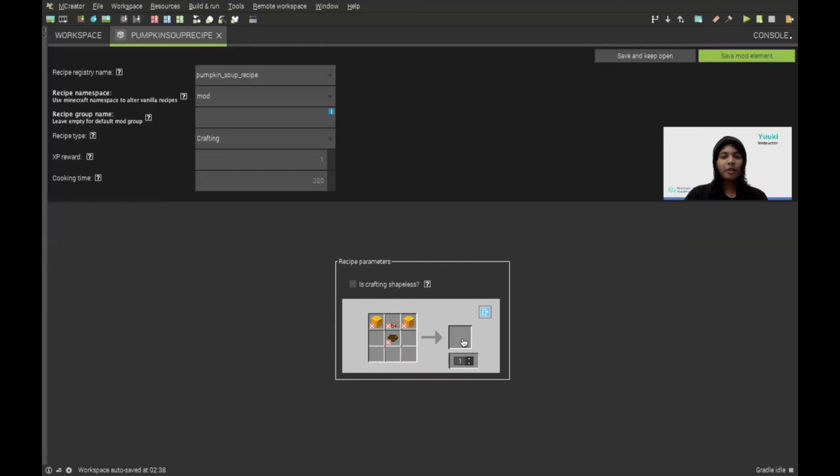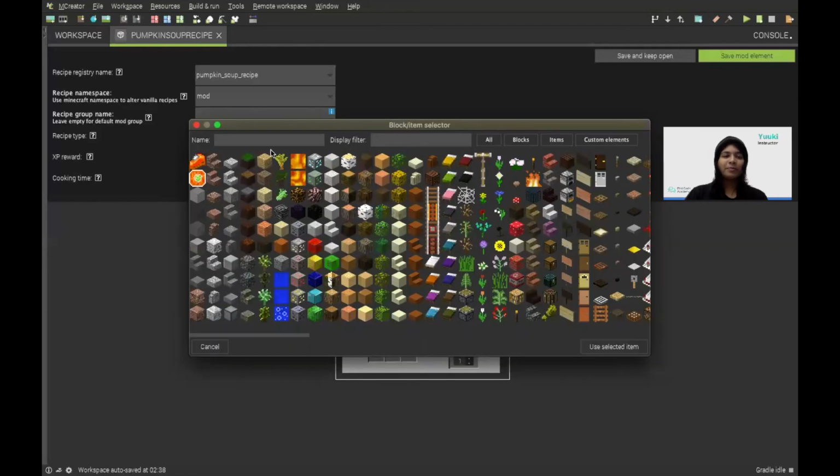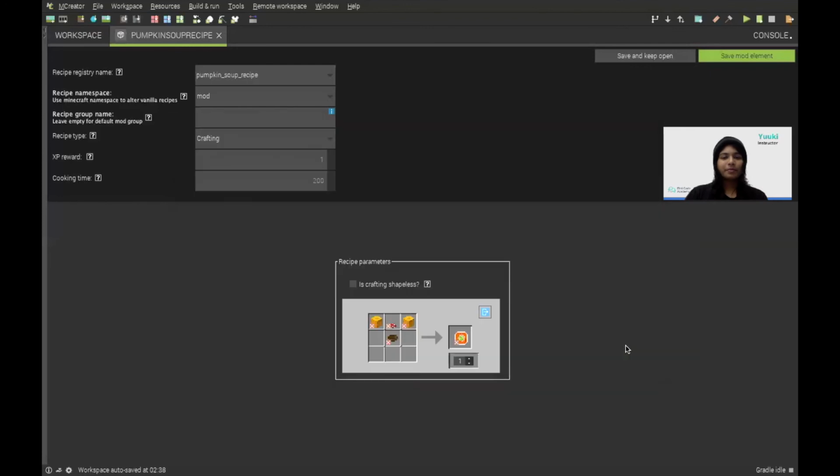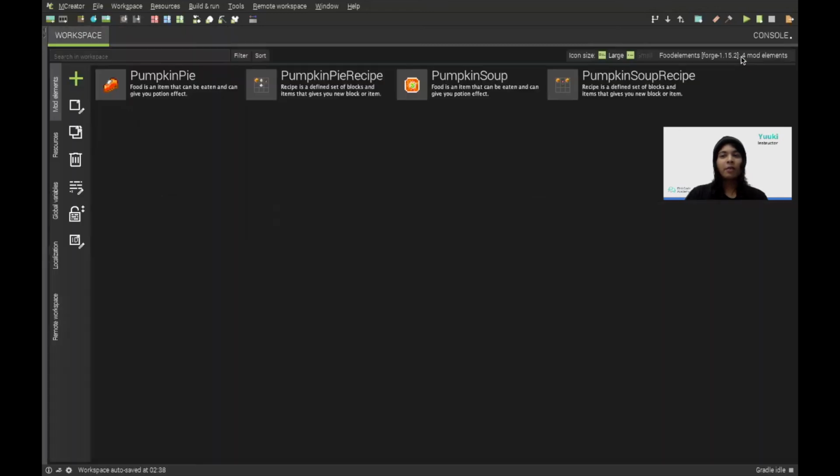Next, I'm going to click on the final product of this recipe, which is the pumpkin soup. Awesome. Now I'm going to click on and save this recipe. So I'm going to click on Save Mod Element. Awesome. Now once you have created your food mod elements and their recipes respectively, let's go ahead and see this